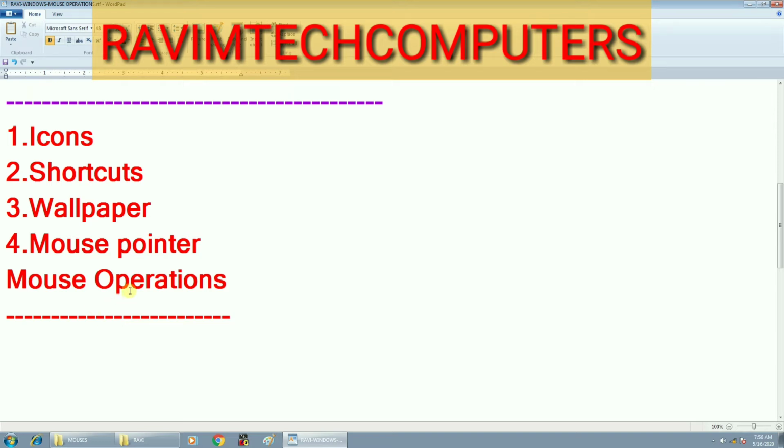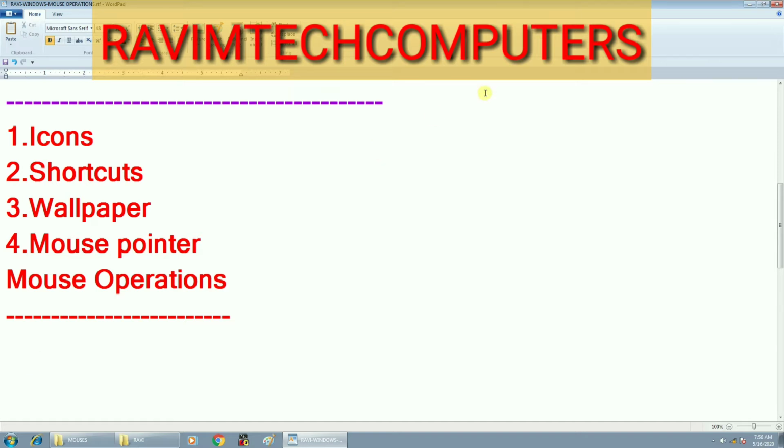Coming to the mouse, we should know a lot of its internals. As a beginner, you should understand how to use the mouse properly. Just as a fish needs water to survive, if you want to handle the mouse, you should have a smooth surface, or you should use a mouse pad, so that you can easily apply the mouse operations and do computer operations very fast. I will explain them one by one.